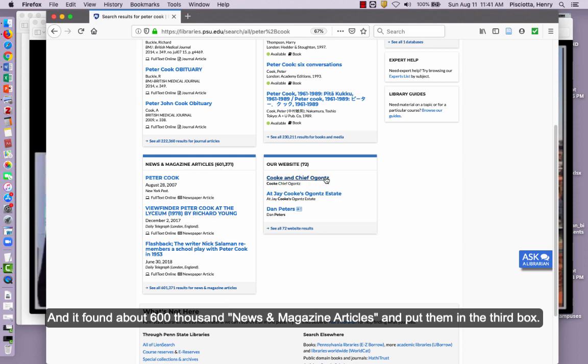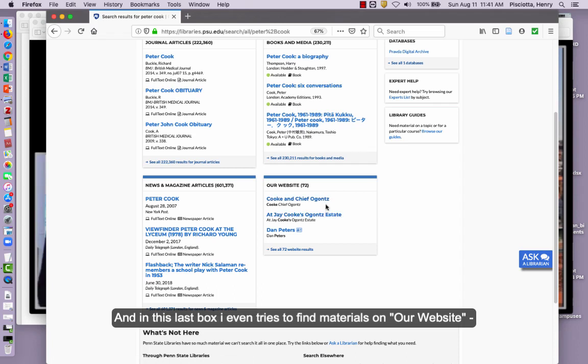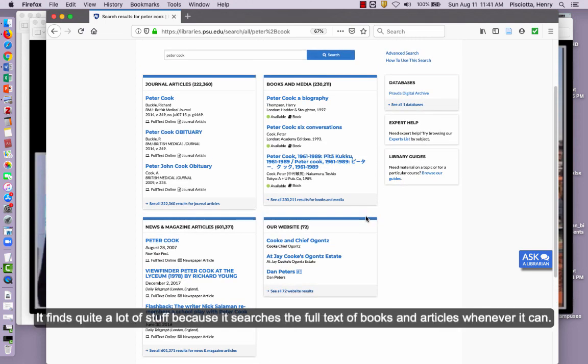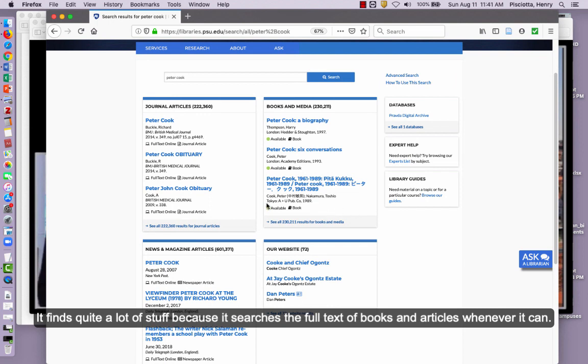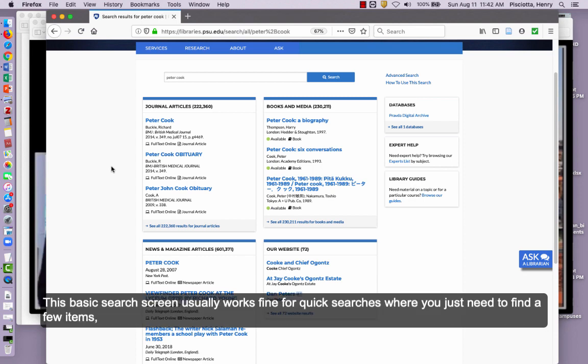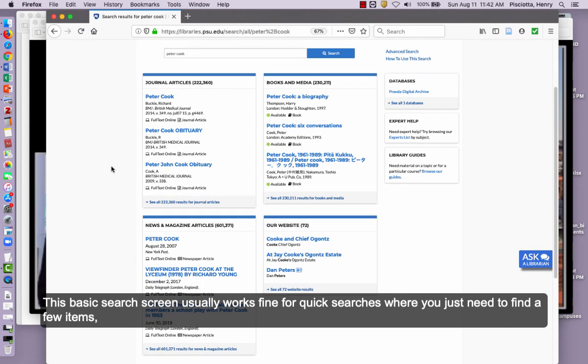Put them in this box, and then in this box it even tries to find material on our website, which means the web pages written by the librarians. So it finds quite a lot of stuff because it's searching the full text of books and articles whenever it can. This basic search screen usually works fine for quick searches where you just need to find a few items,